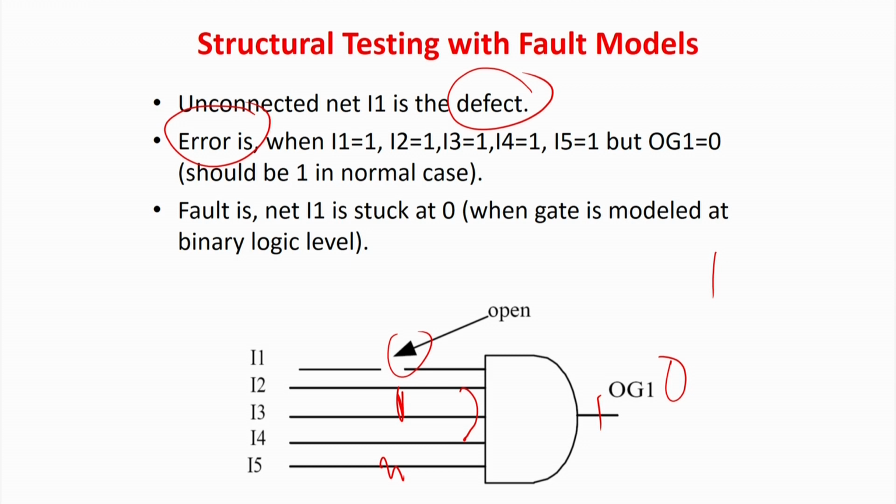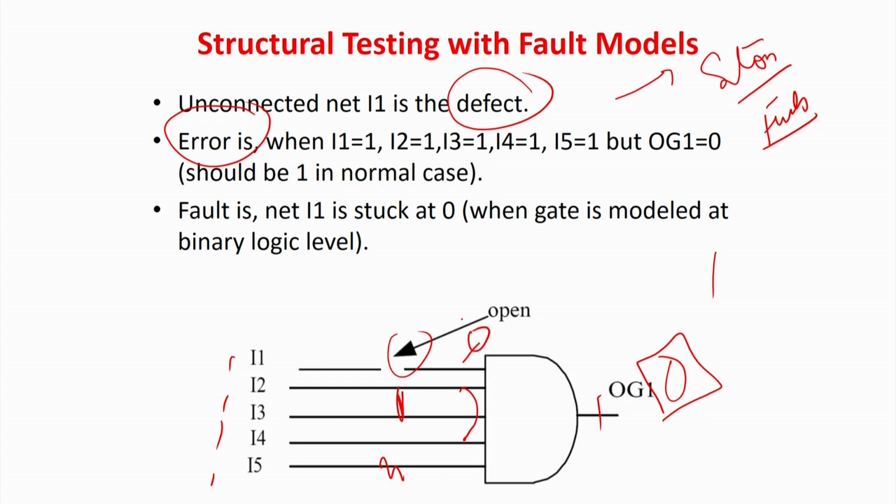So, this is the real defect at the silicon level. This is your functional Boolean function, because you are talking about digital circuits. But for the fault model, you will find that this line is stuck at 0. That means whenever you apply all ones, even if you apply a 1 on this line, a 0 will still be there, and the output line will also be stuck at 0. So, we say that this line is stuck at 0 and this line is also stuck at 0. This is actually a fault model. The real defect is that you have not been able to properly dope the silicon with copper. It may also happen that the copper is very thin and voltage is not passing.